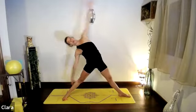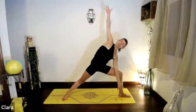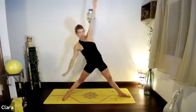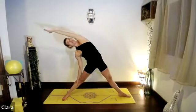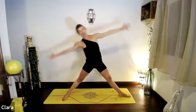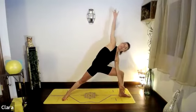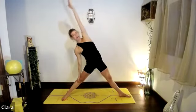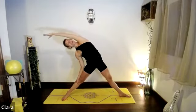Good, 2 more, breathe in, exhale, lovely, breathe in, come up, stretch the leg, lift the hip, with your leg stretched, reach back. Can we do one more? Breathe in, exhale it. Last one, going back, breathe in, lift the hip, go back, lovely, coming back up, breathe in, bring your feet